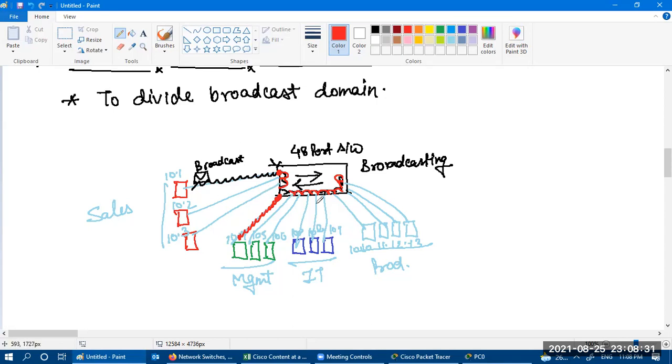We have to stop this unnecessary broadcasting, so that's why we are using the concept of a virtual LAN. That's why in the starting I mentioned to divide the broadcast domain. By default, a switch is a single broadcast domain.